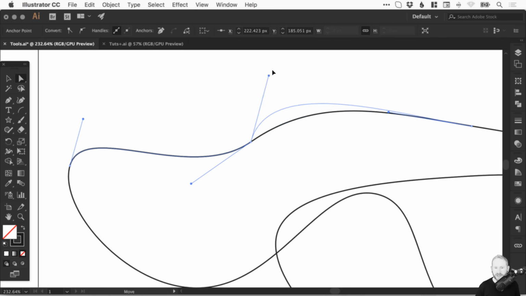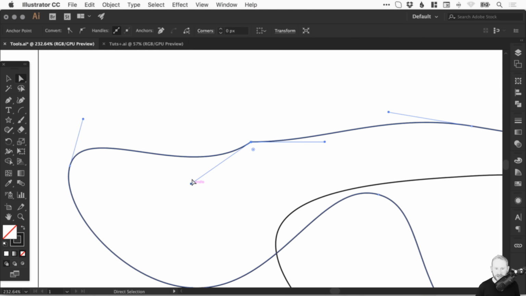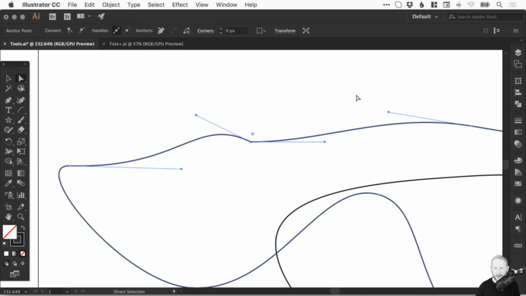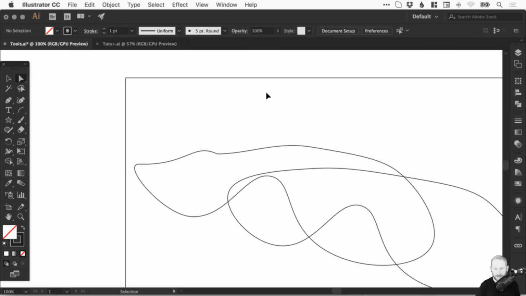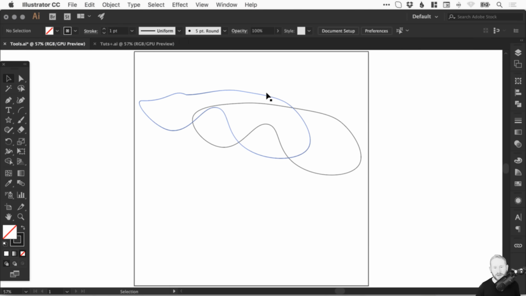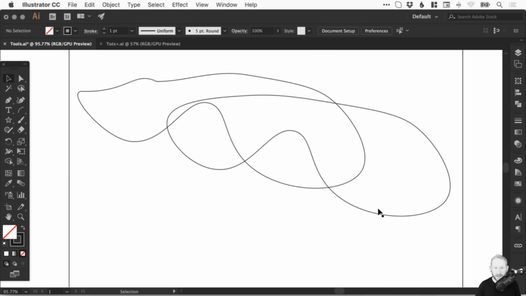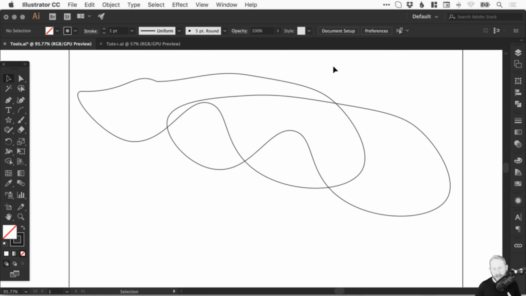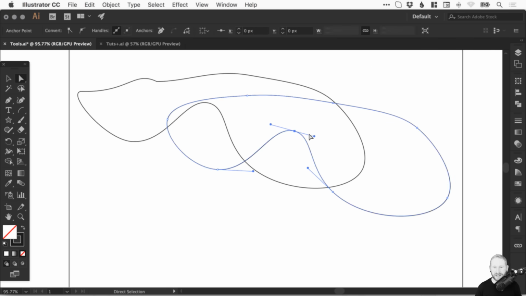And if I hold down the Alt key while I'm doing that, it will adjust just the one side. So you can see as I bend it, it curves that round and adjusts the curve on all of the shapes. So incredibly useful, because when we come to create the logo here later on in the course, we're going to be using the Main Selection tool and the Direct Selection tool a lot. The Direct Selection tool is probably one of the most useful tools in Illustrator